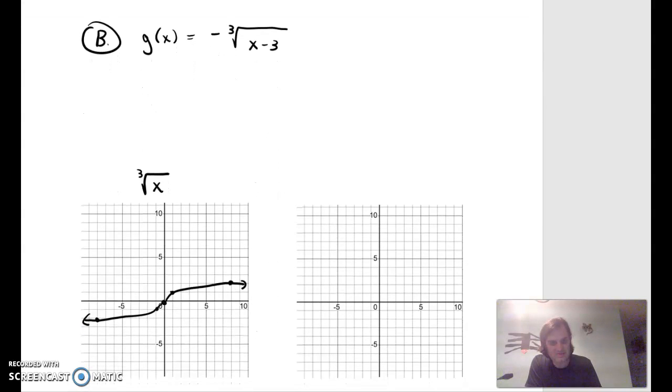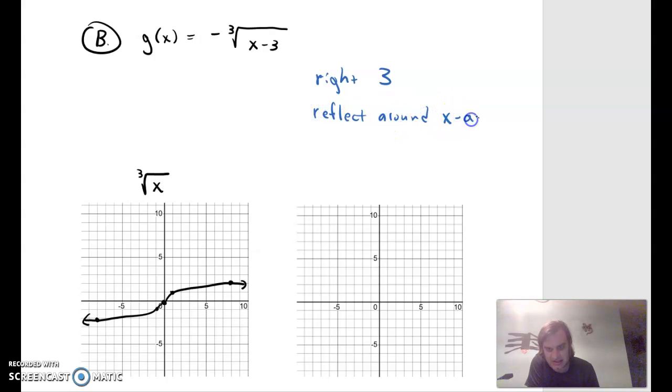Okay, the next one, B, is g of x equals negative cube root of x minus 3. So the parent function is the cube root, and I have the graph of that. So then we're going to talk about what is happening. So x minus 3, that's inside the function, so that's going to move it right 3. And then the negative in front will reflect around